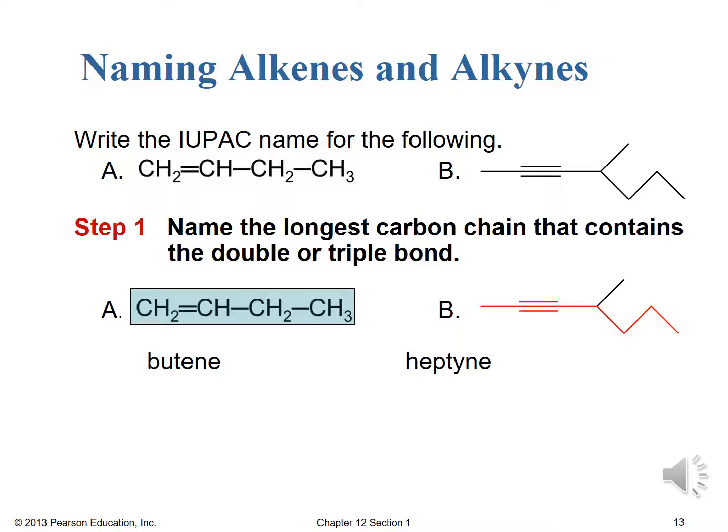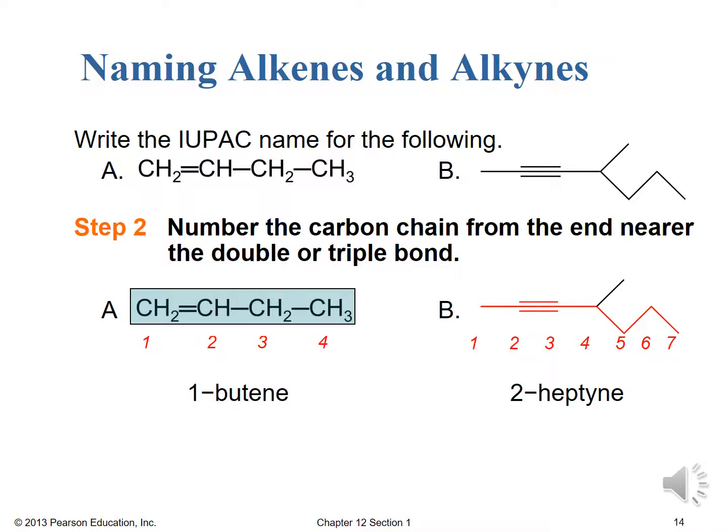So if we start at the left, we have 1, and then we have the carbons of the double bond, carbon 2 and carbon 3. Then we have carbon 4, which branches off with a methyl group and a propyl group. And of course, we want to contain the propyl group, the longer group, in our longest chain of our structure, and then we'll name the methyl group as a substituent. So we end up with carbon 5, 6, 7 from that propyl group. Okay, so now we have those carbons numbered here, 1, 2, 3, 4 for the butene and 1 through 7